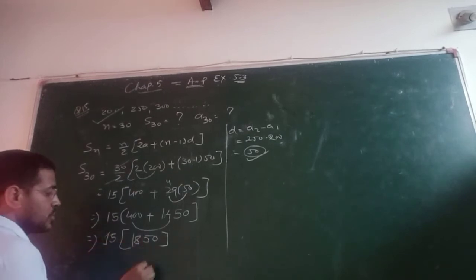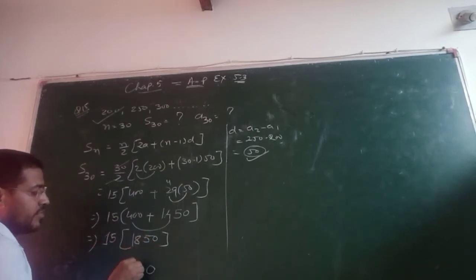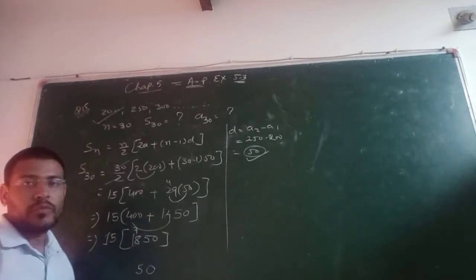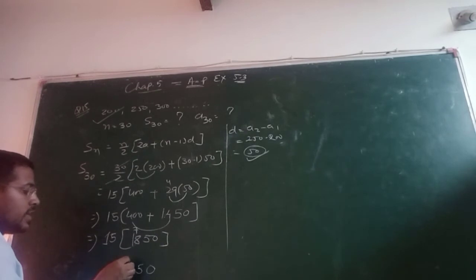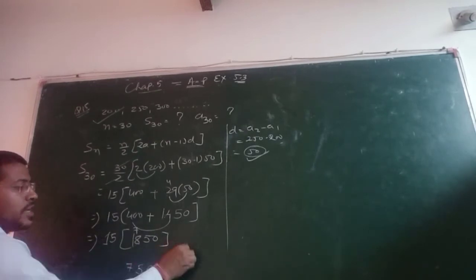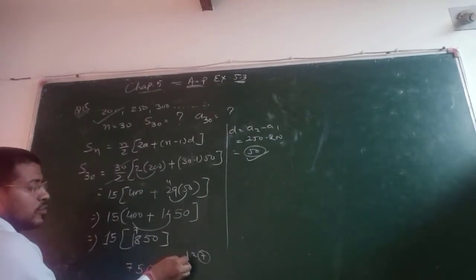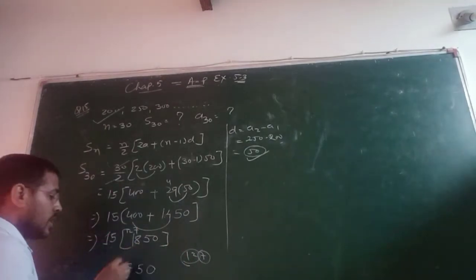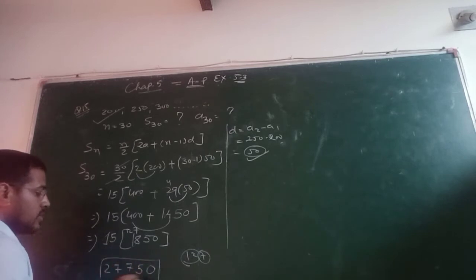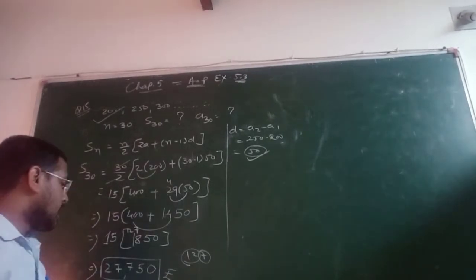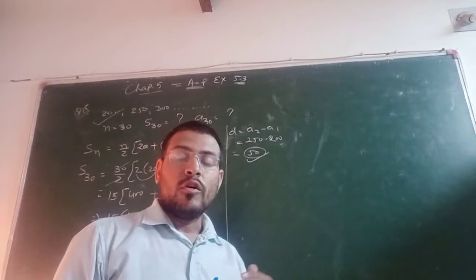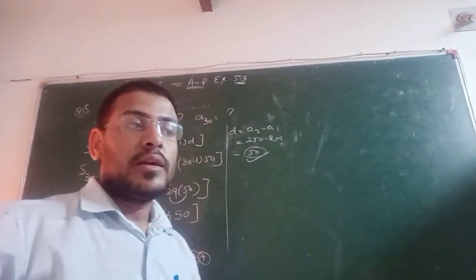So 15 5 is 75, so 5, keep 7 over there, 15 8 is 120, 120 plus 7, so 127, 7 will be there, 127 में से 7 को हम यहाँ लिख रहे हैं, तो जो 12 आया वो उसका क्या हो जाएगा, पावर हो जाएगा, 15 plus 12, it will be 27. So totally he will have to pay 27,750 rupees as penalty of the whole of the month for 30 days.